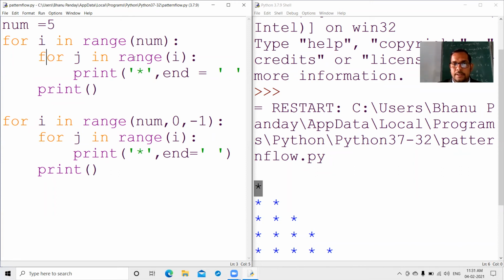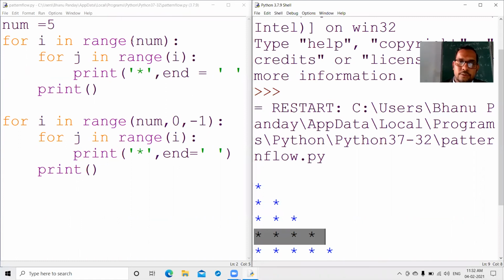For j in range 2, it will execute for 0 and 1, so it will display 2 stars. Similarly, when the value of i is 3, it will print 3 stars. When the value of i is 4, it will print 4 stars, like this.